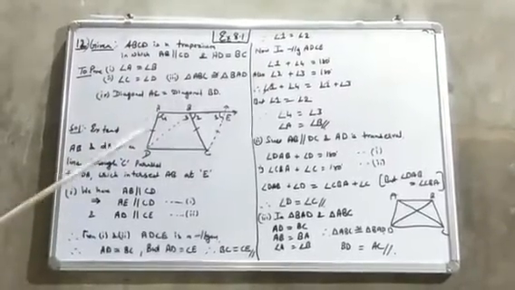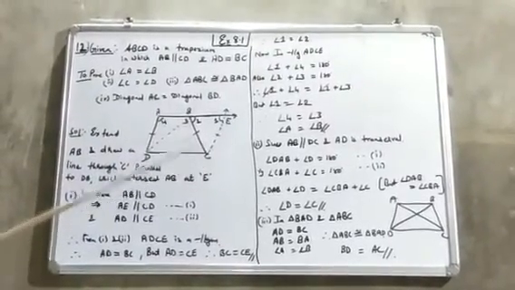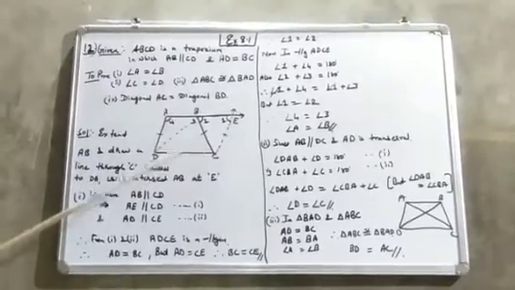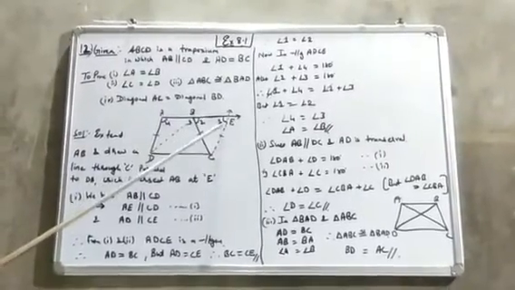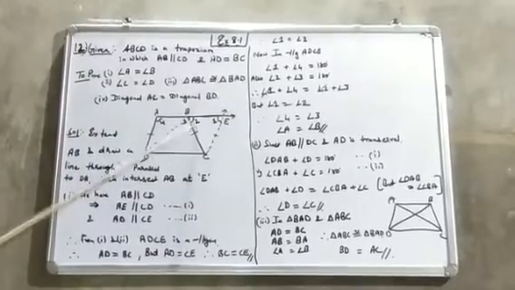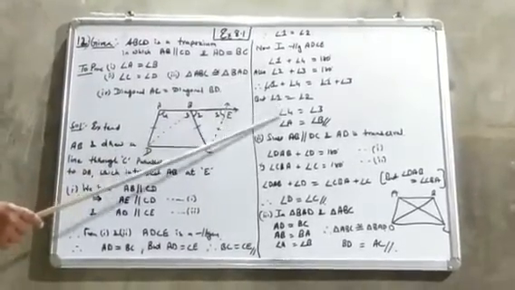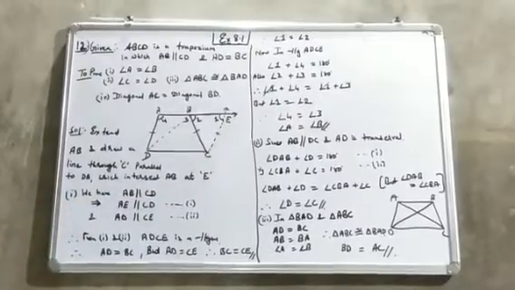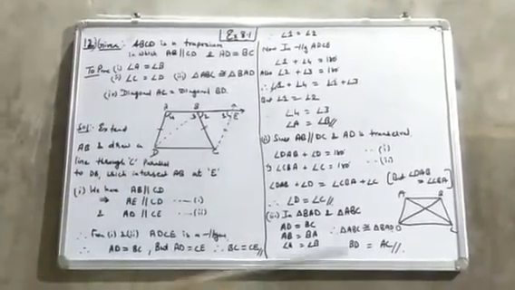It should be clear. You have to use the equality and parallel properties of the parallelogram. Here two sides are equal, two angles are equal. This two angle summation is equal to 180, this two angle summation is equal to 180, and equating these two, we will get angle 4 is equal to angle 3. That is A is equal to B.